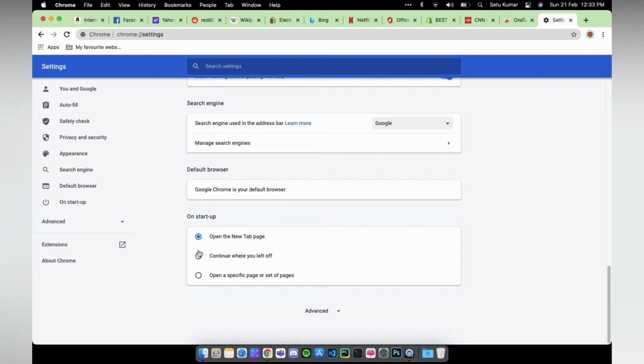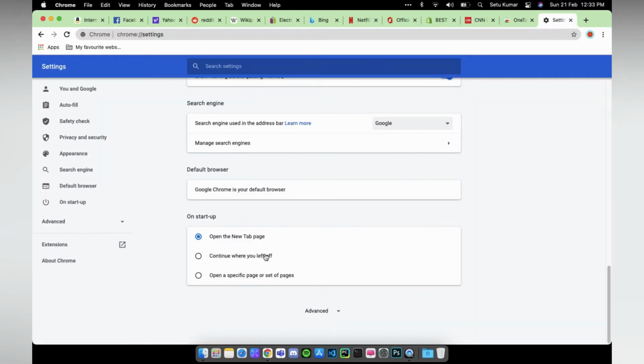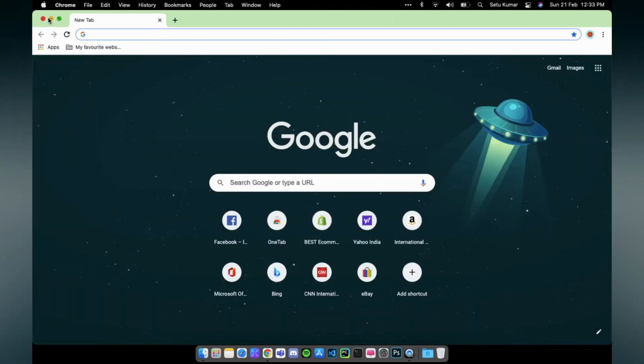The default is set to open the new tab page, which is this Google Chrome page. To set that option, click on the second radio option which says Continue where you left off. You can still try this option, but this is no form of actual saving of tabs because once you start to add more tabs, these old tabs will be recovered, but it will clutter up your browsing experience.